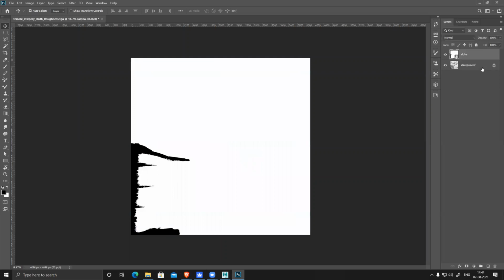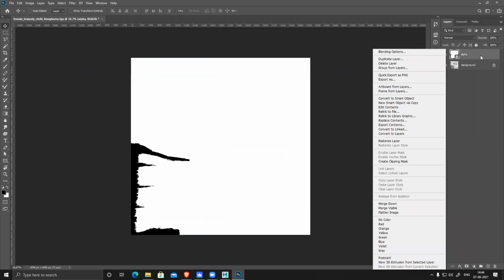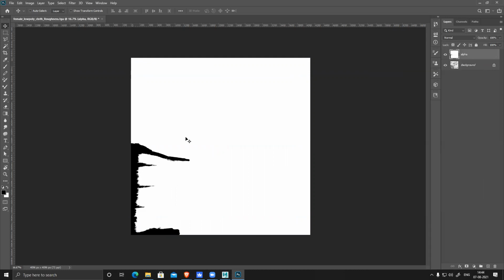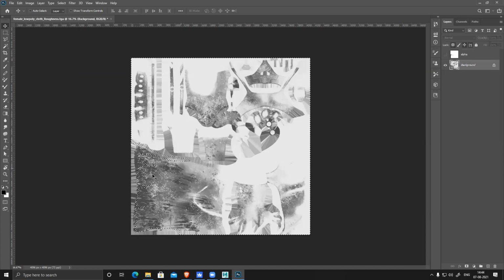Now, rasterize this layer. I want this black selection. So go to channel and Control-click on any of the channels. And this part selection, Control Shift I, should be full white, meaning not shiny at all.